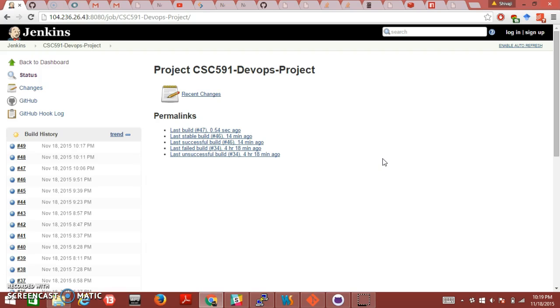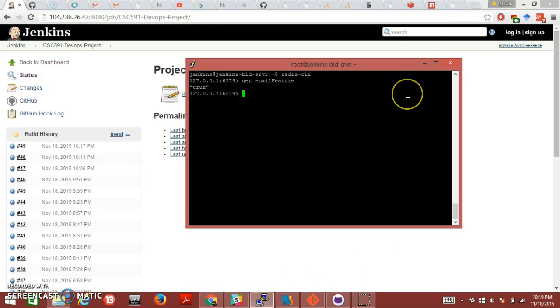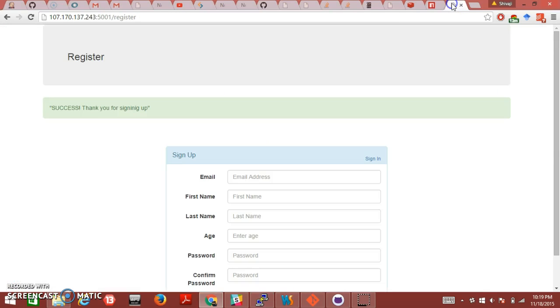So our build is successful, and now we're going to test if the feature flag is still running or not. I'll just show you what the feature flag looks like right now. It's true because we haven't run the app as of yet. So when I try to send again,